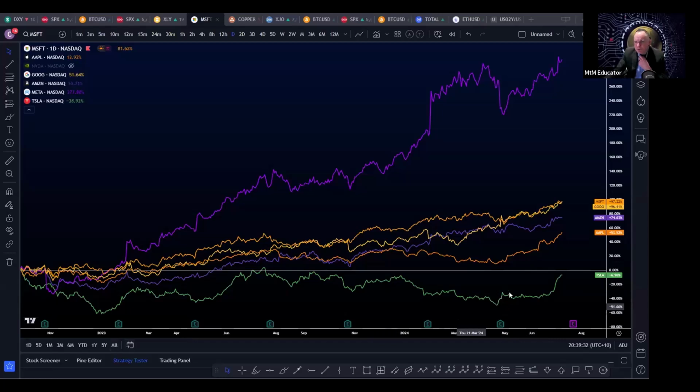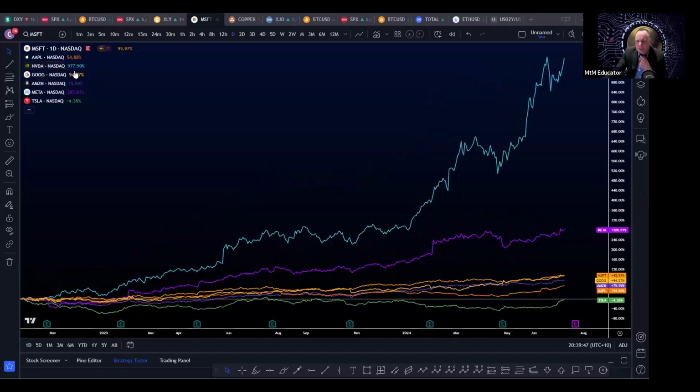But if you look at from the bottom in October 22, Apple's up 53%, Amazon's up 74%, Google's up 96%, Microsoft's up 97%. Meta is having a phenomenal run, up 300%. And then I add NVIDIA into the chart, and NVIDIA is up 977% since the October lows. So there's been a real move, and this is where the money has gone, and this is why the S&P is looking so good, because these Magnificent Seven are really showing all the performance and hiding the non-performance of the